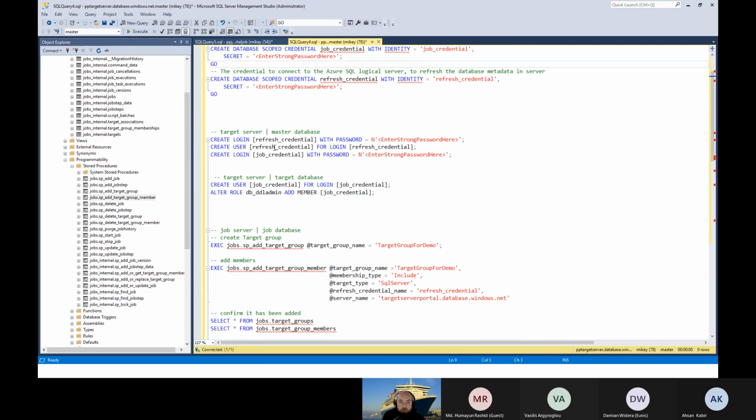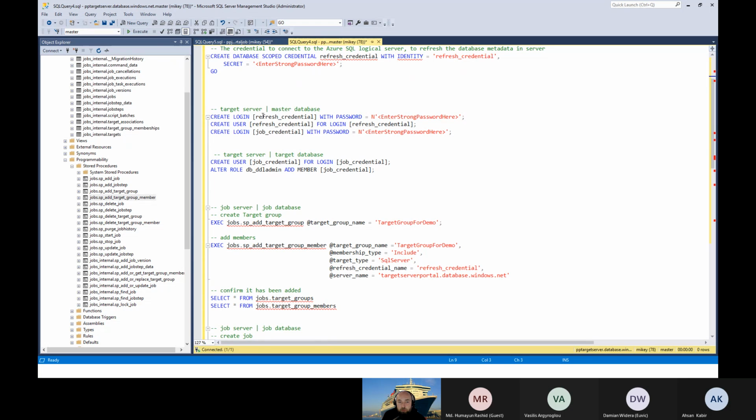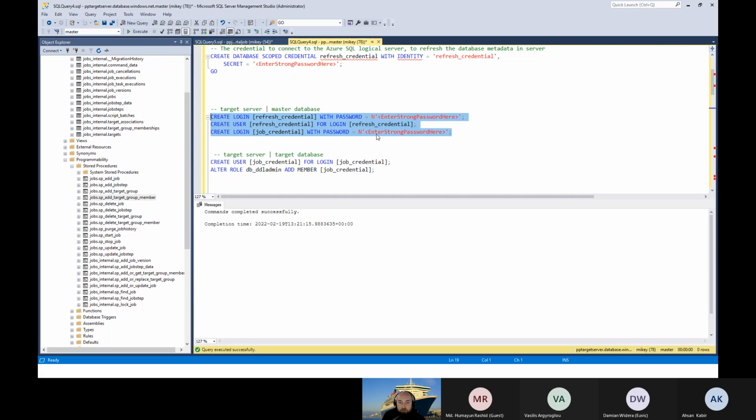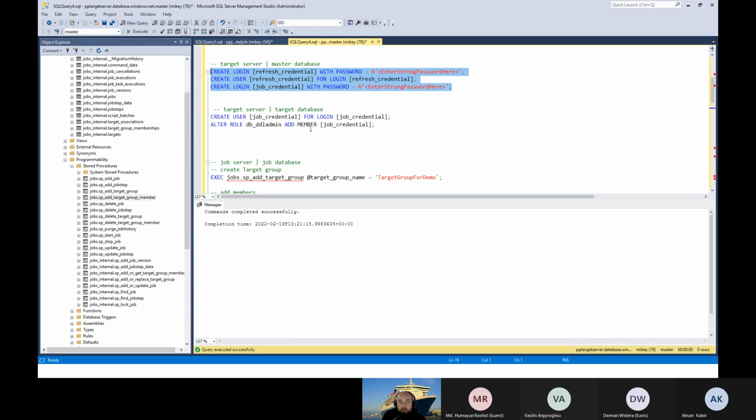I'm on the target server. So the logins go to the master database. Both logins, for the refresh credential and the job credential, will go to the master database. But the user for the refresh credential goes to master as well, because that's where we are on top of the other databases. So I'm going to run this on the master database on the target server. That's done. And now I need to switch to the target database